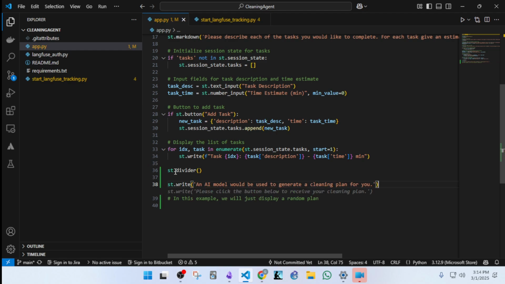An AI model will be used to generate a cleaning plan for you. So if st.button generate cleaning plan,